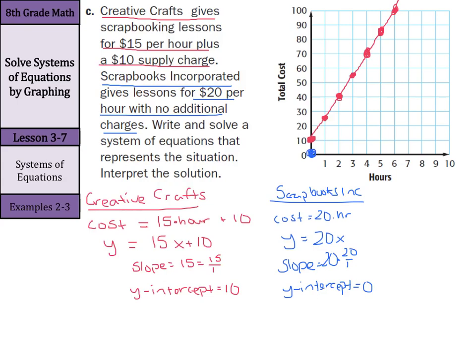And now I'm going to be going up 20 and over 1. So up $20 over 1 puts me right here. And then from that mark, I'm going up 20 to 40 and over 1 to 2. Up 20 to 60 over to 3. Up 20 to 80 over to 4. And up 20 to 100 and over to 5. And I have my line now. And hey, I have an intersection point. And that intersection point is right where I'm shading in now at